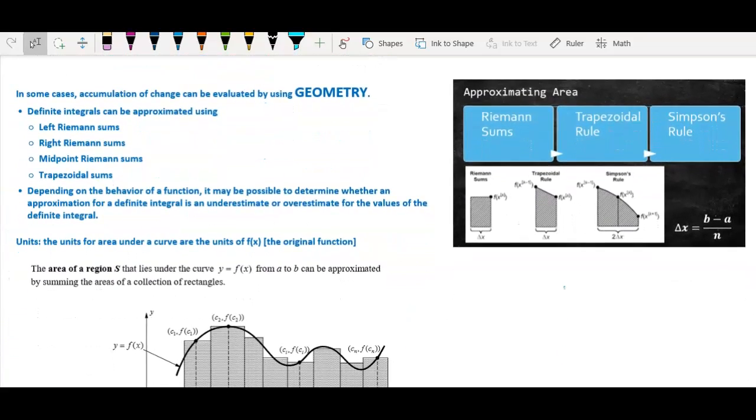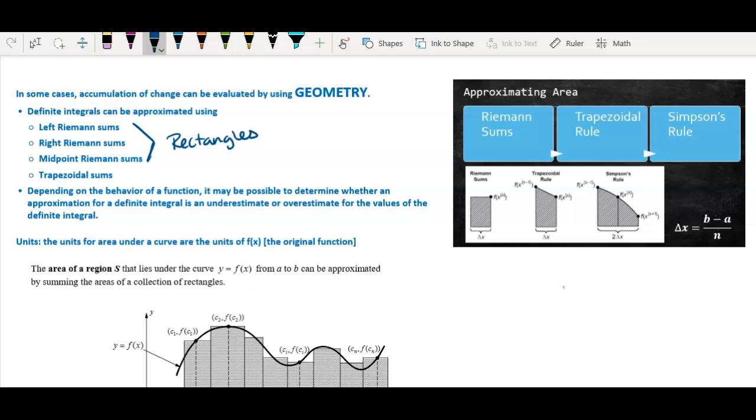So in some cases, accumulation of change can be evaluated using geometry. Definite integrals can be approximated using left Riemann sums, right Riemann sums, midpoint Riemann sums, and trapezoidal Riemann sums. Left, right, and midpoint all use rectangles to approximate area, and trapezoidal sum uses trapezoids to approximate area. Depending on the behavior of the function, it may be possible to determine whether approximation is an over or underestimate. So we can always determine over or underestimates for left, right, and trapezoidal, but we don't determine over or underestimates